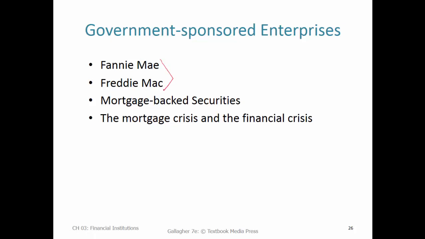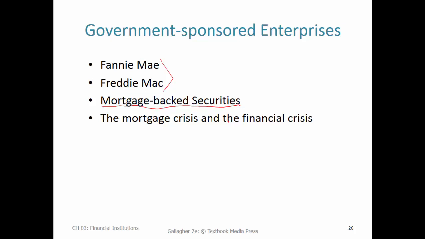Fannie and Freddie will hold them and issue bonds against them, or they'll bundle them into mortgage-backed securities. And mortgage-backed securities are just really bonds that derive their payment stream from mortgages. I don't want to spend time going into this. You can read about it certainly in the textbook and on your own. But Fannie and Freddie were significant players in the mortgage crisis in the mid-2000s and the ensuing financial crisis in 2008, 2009. They were bailed out, went into government ownership actually. And so you want to be aware of who they are and what they do, and they have a very large presence in American financial markets.